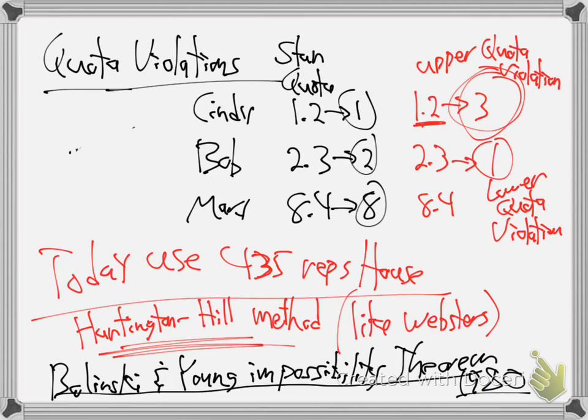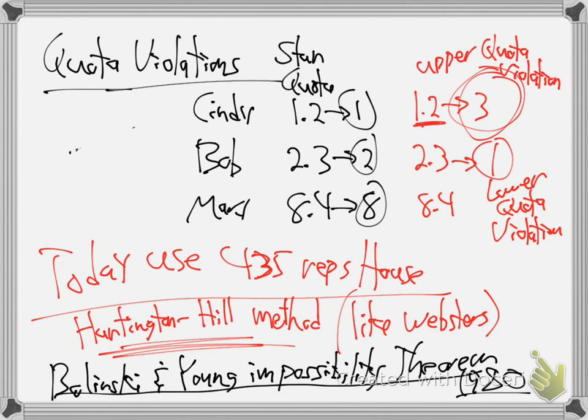It was proven in 1980 that there could not exist any method of apportioning that doesn't break one of our senses of fairness. Just like Arrow's impossibility theorem on the last stuff. Remember how Arrow came along in the 1970s and proved that there never could be a voting method that doesn't do something unfair? This has also been proven, so the search is over. Not just that they haven't found it yet, but it couldn't exist. There could not mathematically exist an apportionment method that is always fair in all situations. Every way of apportioning seats will do one of those bad things: one of the quota violations, or the new states paradox, or Alabama paradox, or population paradox.